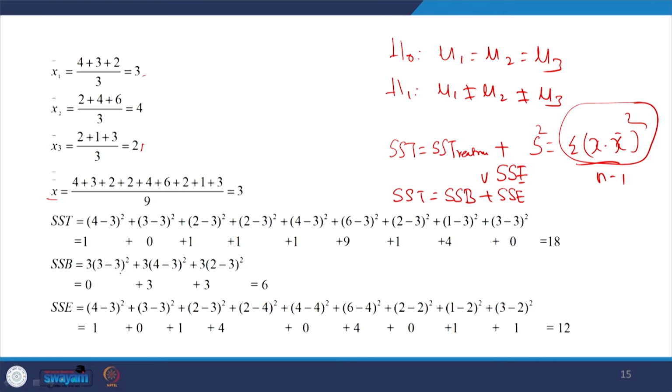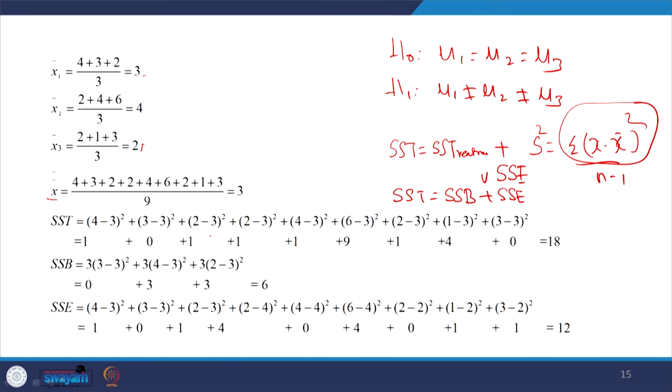So, 3 into (3 minus 3) whole square plus the second column. This 3 represents the number of samples in each column. In the second column there are 3 elements. This 4 represents the mean of the second column, 4 minus this 3, the overall mean, whole